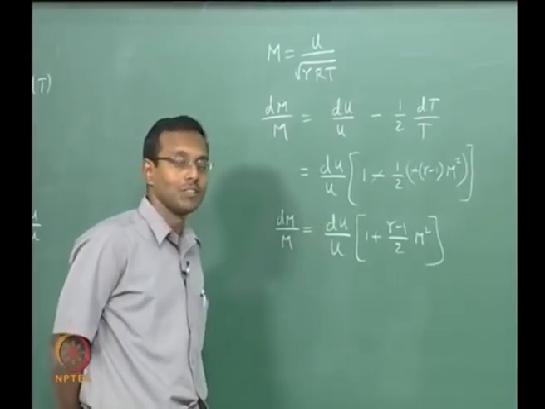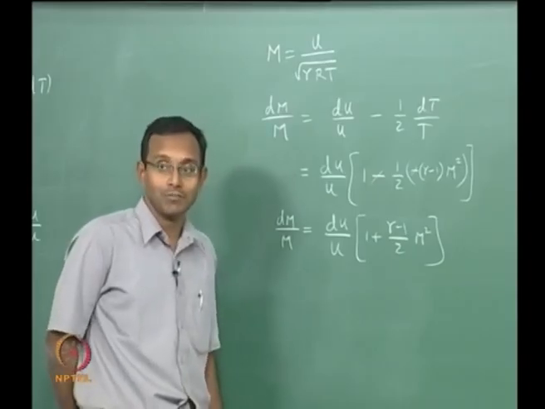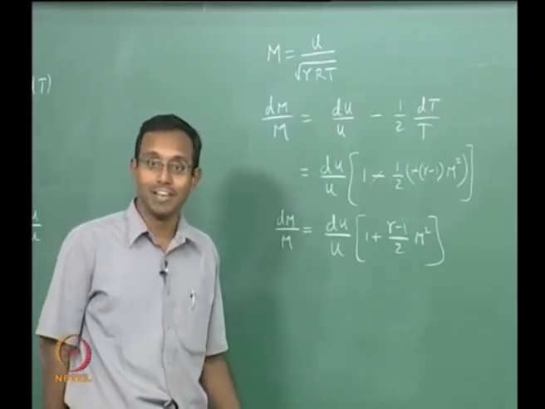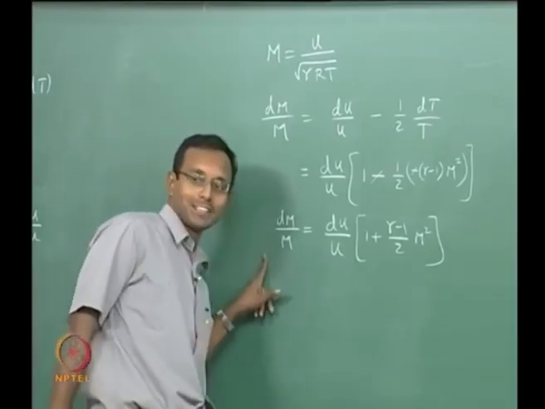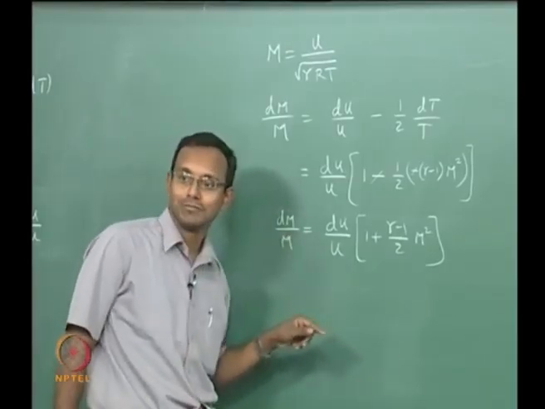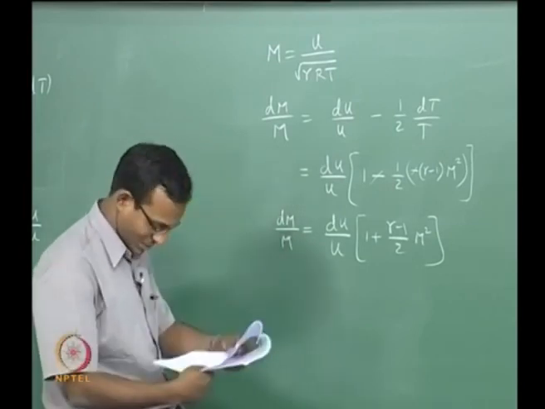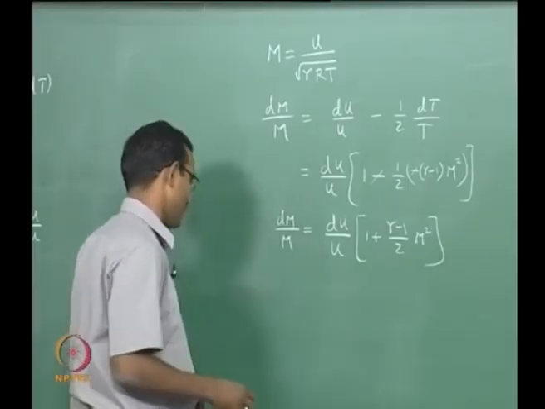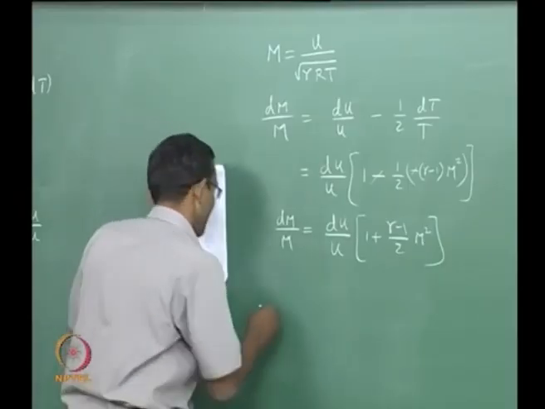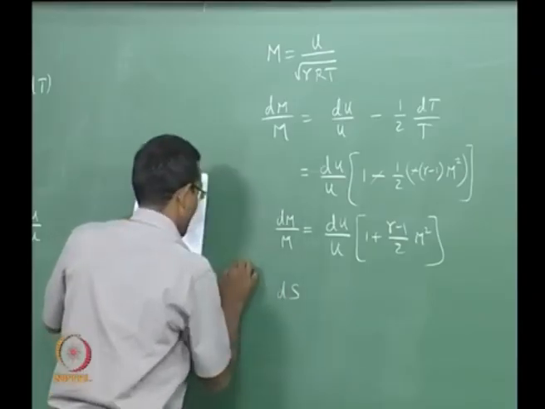I have to think about one more thing, entropy, because some of the changes may not be allowed. We need to have ds greater than 0. So now I want to find ds in terms of du by u. Okay. That is the next term we want to do. Actually ds in terms of du by u is also fine. How do I go there? We know ds, I have to put entropy here.